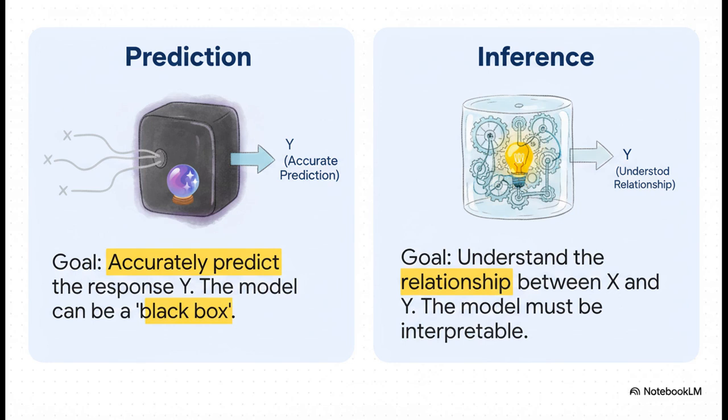If your one and only goal is to make the most accurate predictions possible, you might not care how the model works. It can be a total black box. In that case, you'll probably lean towards those more flexible models to squeeze out every last drop of accuracy. But if your goal is inference, if you need to understand the why, to explain the relationships between your variables and the outcome, then interpretability is king. And for that, you might deliberately choose a simpler model, even if it means sacrificing a tiny bit of raw